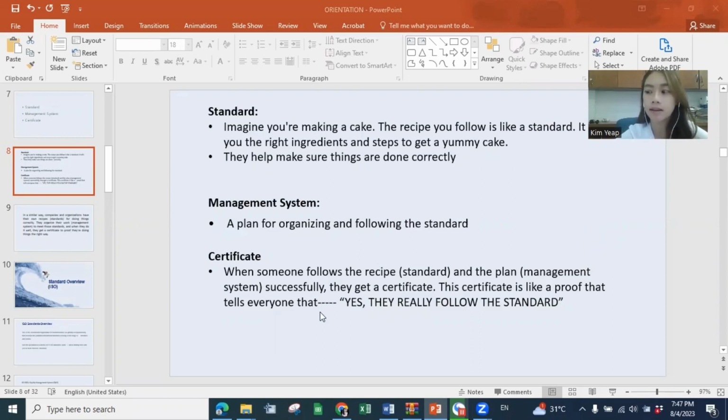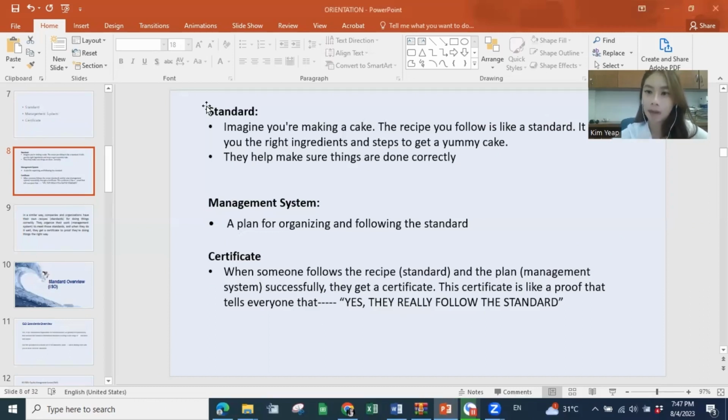I think this standard is actually quite a common one. Even if you are not in this industry, I bet you have heard about a halal certificate before. If you know what a halal standard is, it's usually the F&B businesses or F&B factories who process or manufacture foods that want to comply to the halal standard.